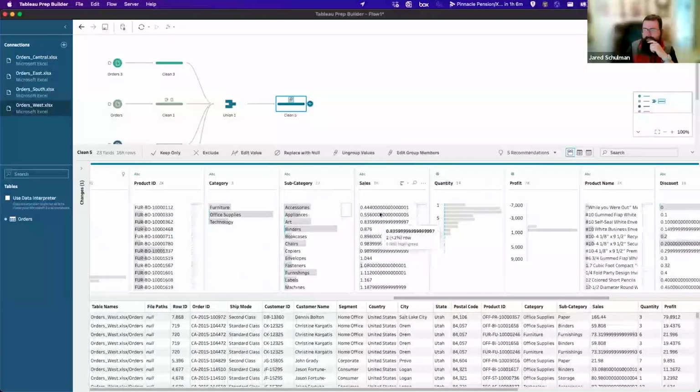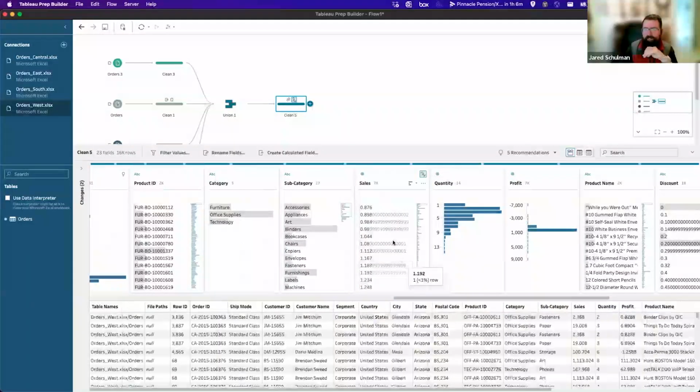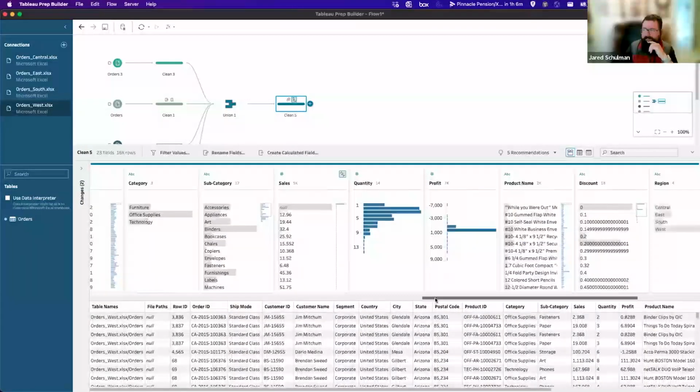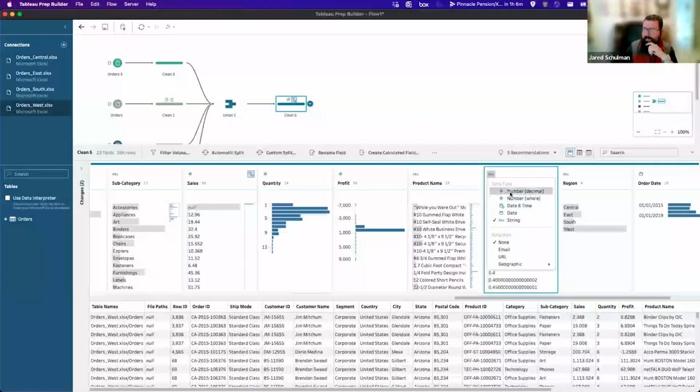We'll notice that sales is coming through as a string, and it's just got these really long numbers. We can change that the same way that we would in Tableau Desktop into a number decimal instead of a string. And that's going to update to give us the decimal numbers instead. And it looks like discount is coming through the same.